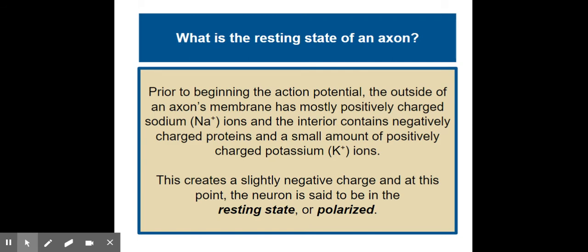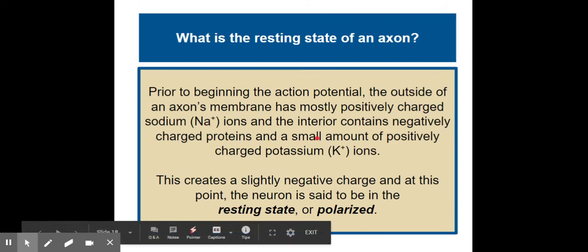Okay, that is similar to a neuron crossing the threshold and firing up to its action potential. And then when you turn that hose off, what happens? Well, that water ceases to push out of that hose and is then replaced with air. So if you think of a garden hose, when we're talking about an axon in a resting state, think of the air being negatively charged ions and think of water being positively charged ions. Okay? So basically, when these positive ions of sodium and potassium, sodium is Na, potassium is K,